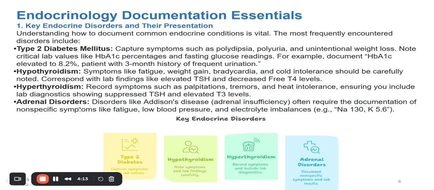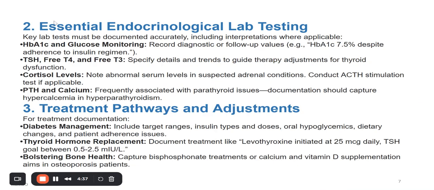T3 levels. Adrenal disorders like Addison's disease, adrenal insufficiency often require the documentation of nonspecific symptoms like fatigue, low blood pressure, and electrolyte imbalances. For example, Na 130, sodium 130, and K, potassium 5.6. And here is a diagram showing the key endocrine disorders. Essential